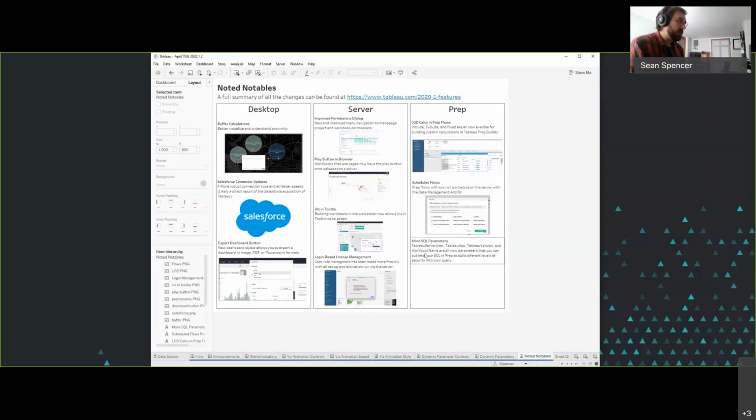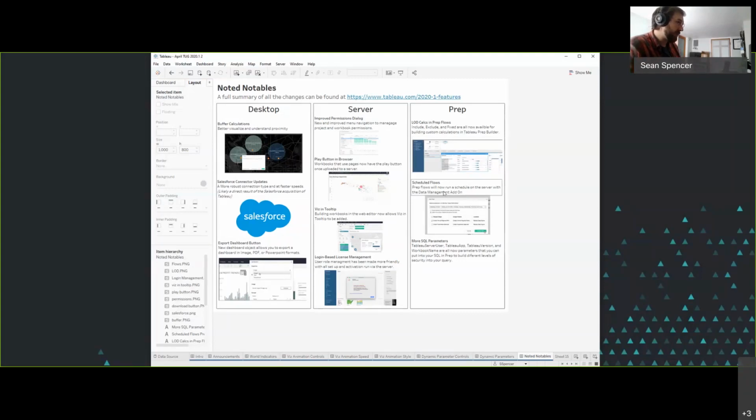There's been a handful of changes to Tableau Prep. They are continuing to build on Tableau Prep and Tableau Conductor, which is exciting to see. They've added LOD calcs to Tableau Prep. They've also allowed Tableau Prep to be scheduled on the server.